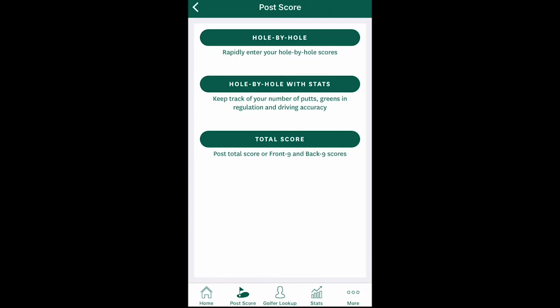If you click on that, you have three options. One is hole by hole. The next one is hole by hole with statistics, and then just the total score. So if you want, you can enter just your hole by hole score instead of the entire score at once, which will give you some statistics, basically things like your scoring average by par 3 or by par 4 or